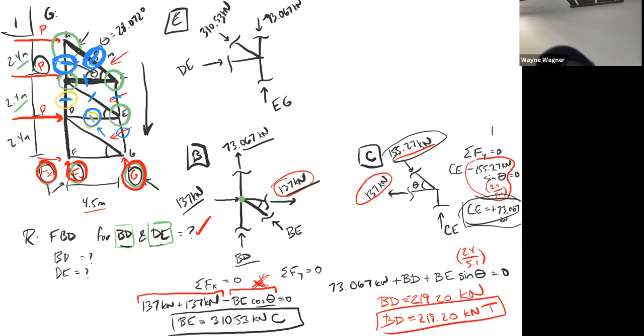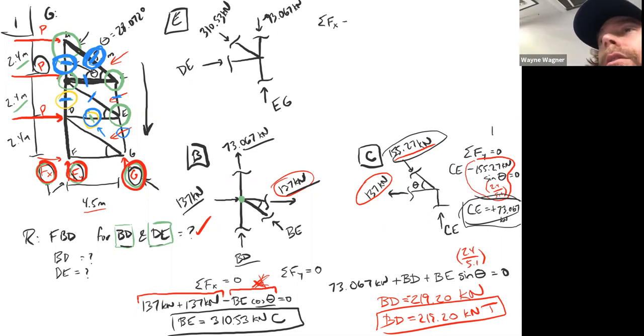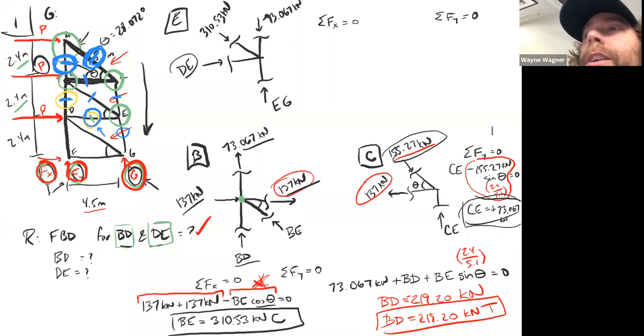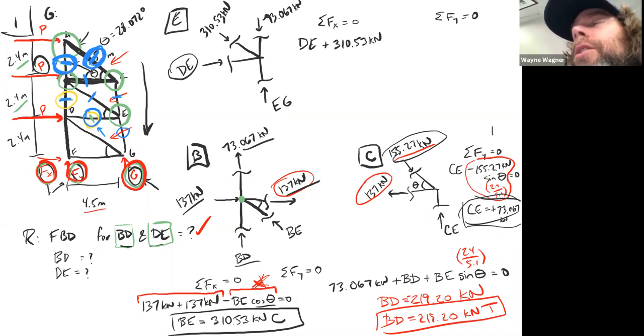Okay. And so again, some of the forces in the X and some of the forces in the Y. And we just want to say, well, what are we looking for here? We're looking for DE at this point. This is the only thing we need. So I'm not even going to bother with the Y forces. I'm just going to deal with the X forces. So I've got DE, and then plus 310.53. I need the X component of that force. And so that's going to be the cosine of this angle, which we know is